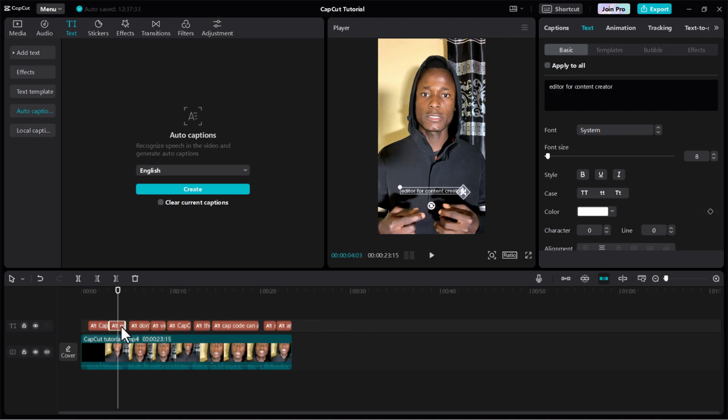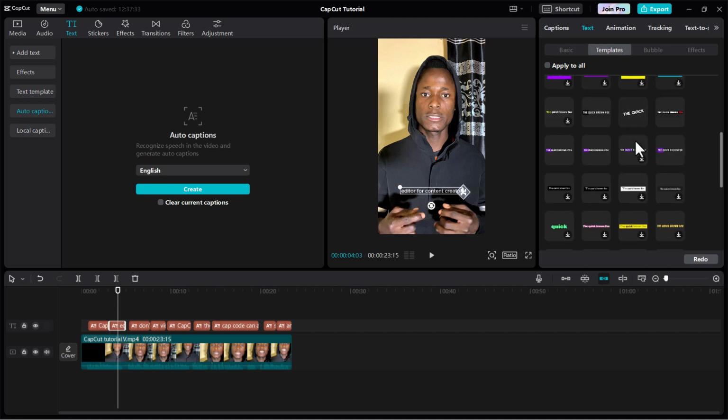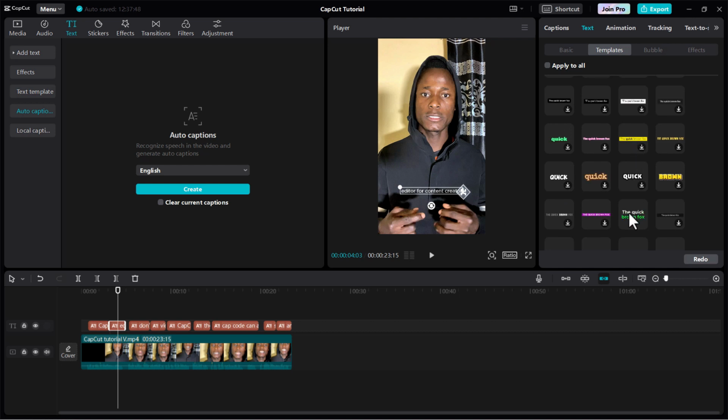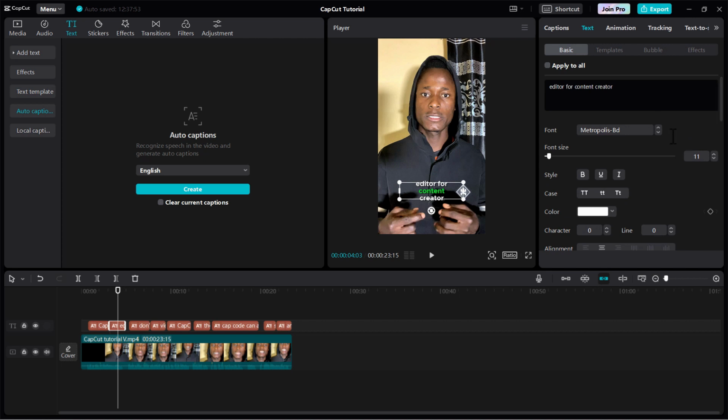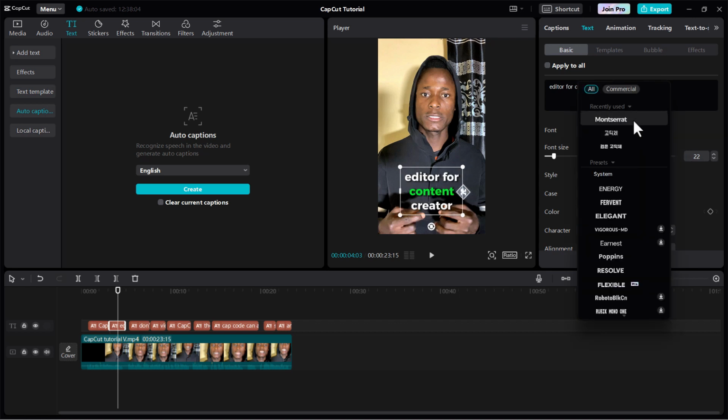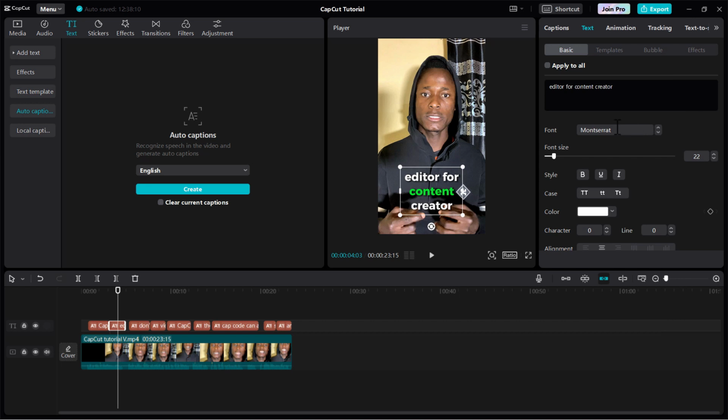The next caption, we are going to change the template. Okay, to do that, come over to template, then scroll down. This is the template we are going to use. Click on that, come over here to basic, increase the size to 22, change the font to Montserrat,